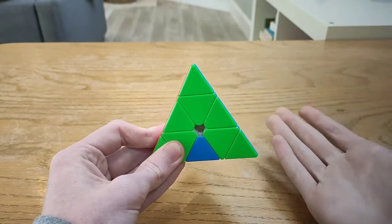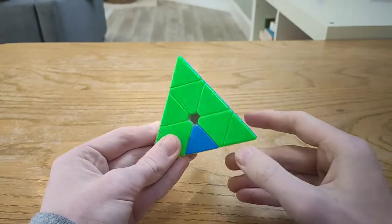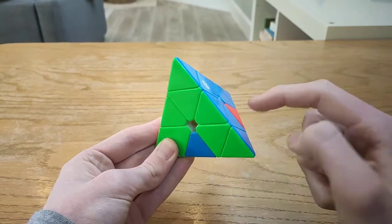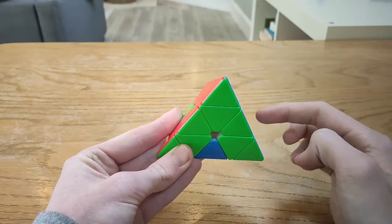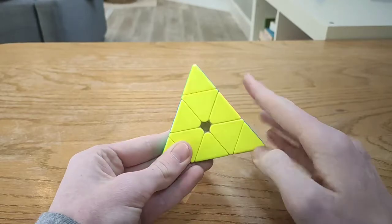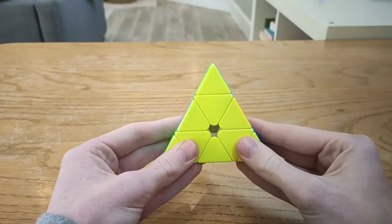For the next set of cases, you have none of these three pieces being in the right place, but they all need to be moved around to the right. So this blue needs to go here, this red to there, and all that. So the first case is where you have a solved top, and you hold it with your face to the front, and you do